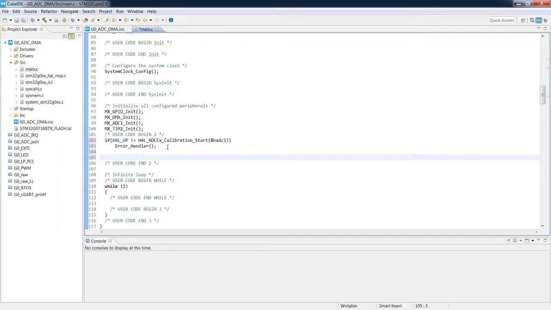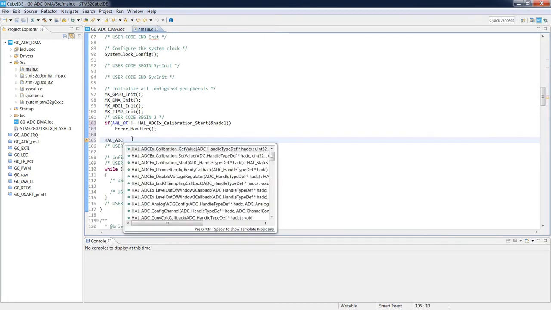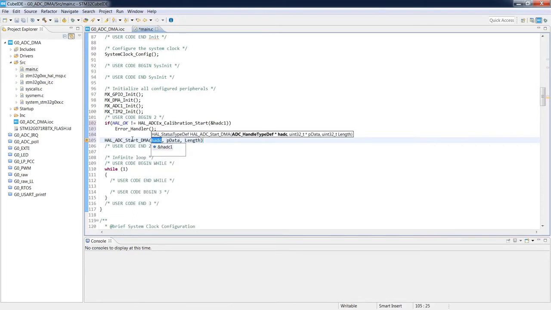So let's have a look at the options we've got. ADC start, and we've got three options. We've got start, start DMA, start IT. Start is for polling mode, start IT is with usage of interrupts, and start DMA is with cooperation with DMA. So we are selecting this option, and we need to specify three arguments.